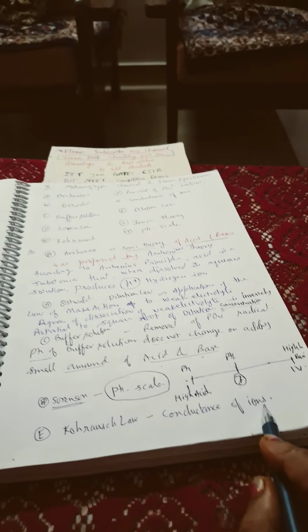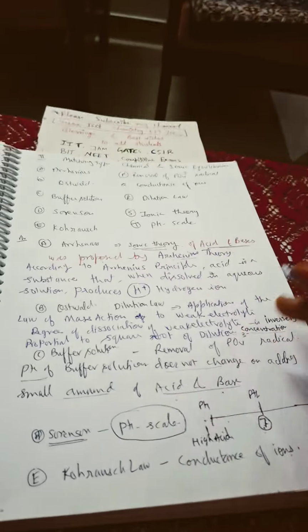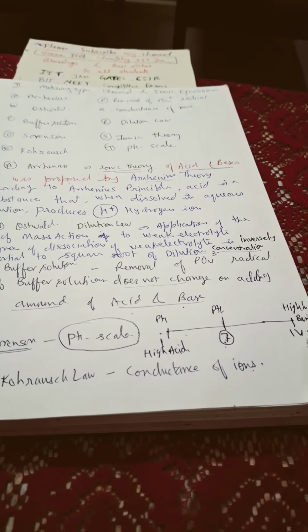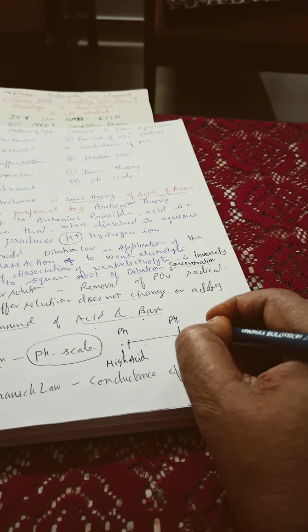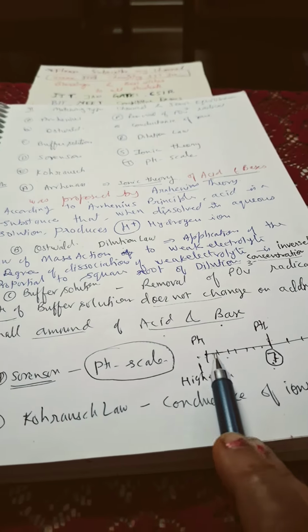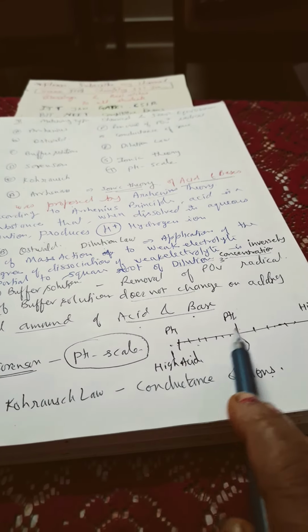Kohlrausch law, conductance of ions. So in this way you understand how they give twisting questions. And here 1 to 14 numbering is there, here 1 to 7. So this is most acidic, and acidity decreases, here basicity